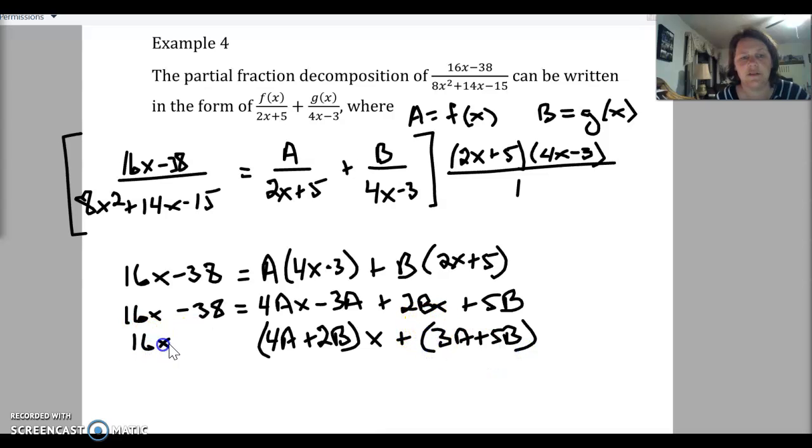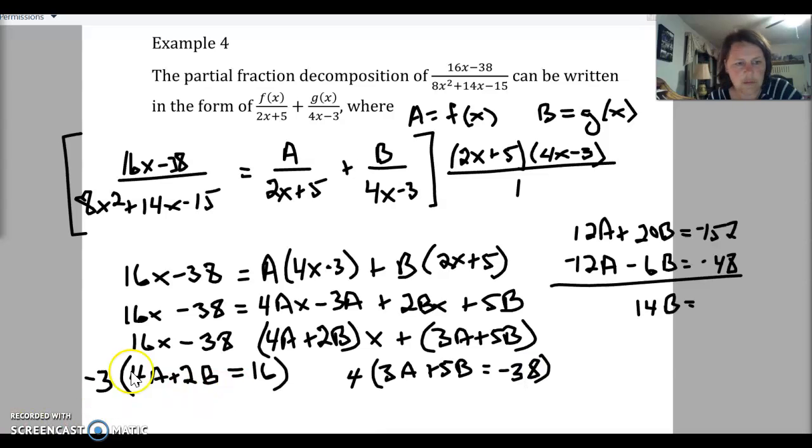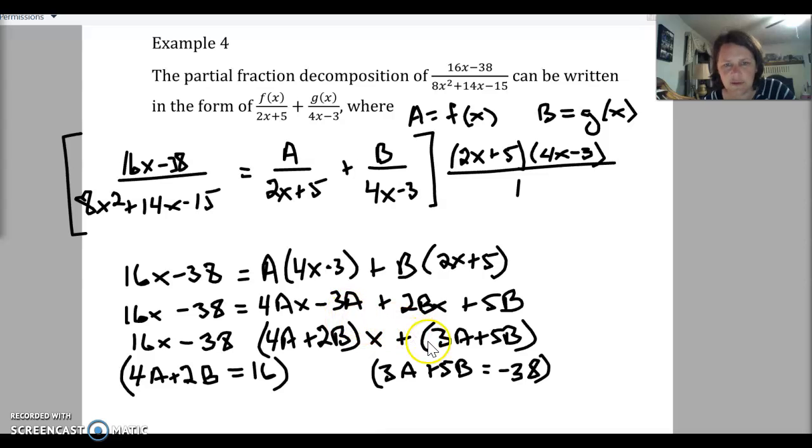Okay, so now we can match things up here. I have just a minute left on my video, so hopefully I can get through this whole thing. I might pause it here for a second and then just give you the answer. So 4a plus 2b is equal to 16, and then 3a plus 5b is equal to negative 38. That's supposed to be a 2b. Let me fix that. Okay, so I discovered a mistake here. I forgot my minus 3a. There we go. So multiply that, then we're going to multiply this one by 3, multiply this one by 4,